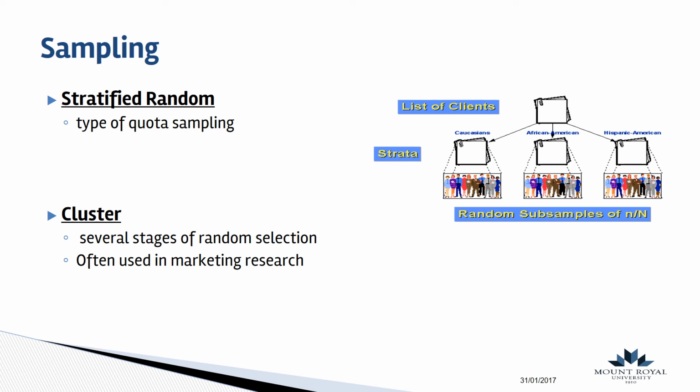Cluster is really several stages of random selection, and this is often used in marketing research. So they did a study in Calgary called What Makes Calgarians Cranky, and they started by approaching this by several stages of random selection. So they're looking at the entire city of Calgary and they randomly select different communities. Then within those communities, they randomly selected different streets, and then within those streets, they randomly selected odd house numbers,